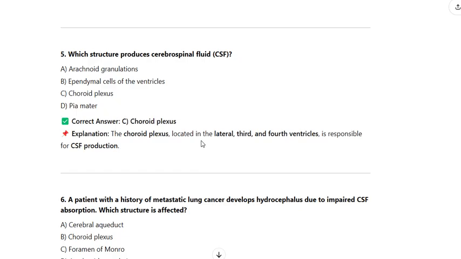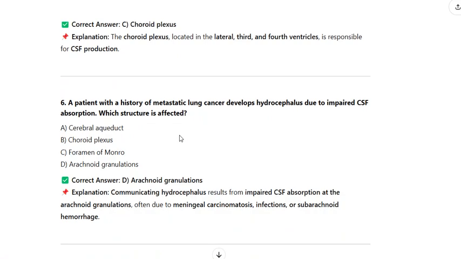6. A patient with a history of metastatic lung cancer develops hydrocephalus due to impaired CSF absorption. Which structure is affected? A. Cerebral aqueduct. B. Choroid plexus. C. Foramen of Monro. D. Arachnoid granulations. Correct answer, D. Arachnoid granulations. Explanation. Communicating hydrocephalus results from impaired CSF absorption at the arachnoid granulations, often due to meningeal carcinomatosis, infections,